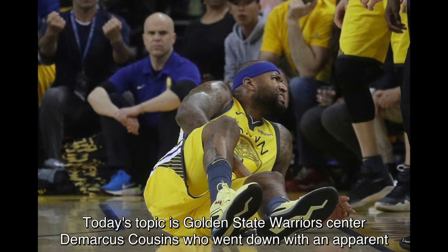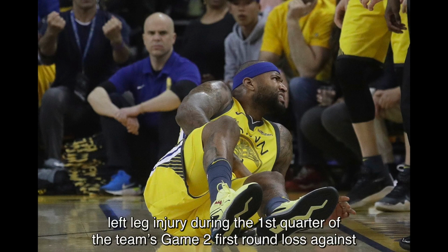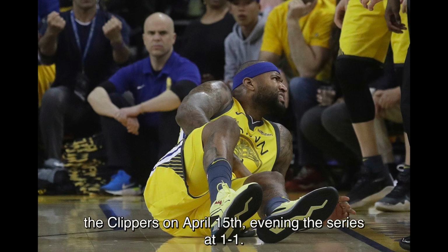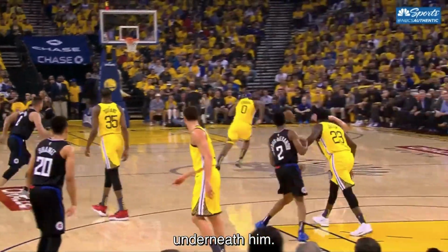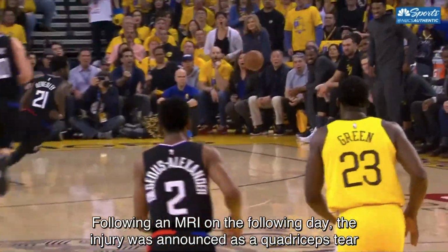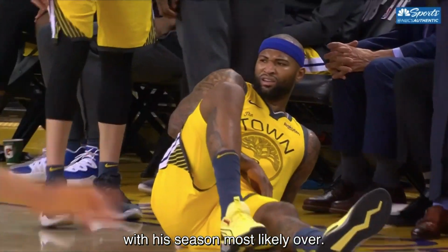Today's topic is Golden State Warriors center Demarcus Cousins, who went down with an apparent left leg injury during the first quarter of the team's Game 2 first-round loss against the Clippers on April 15th, evening the series at 1-1. The injury occurred as Demarcus was chasing down a potential steal and his left leg collapsed underneath him. Following an MRI on the following day, the injury was announced as a quadriceps tear, with his season most likely